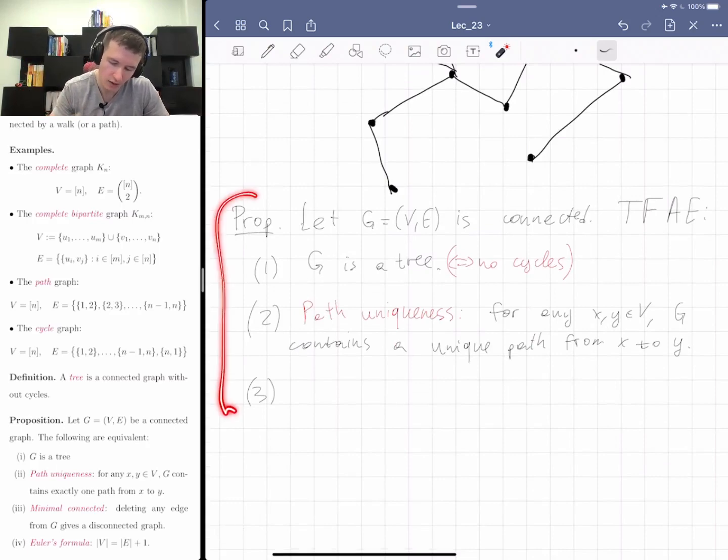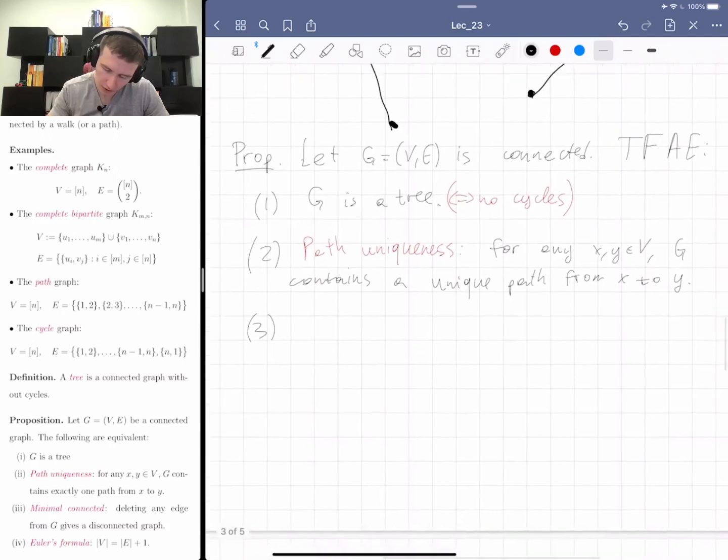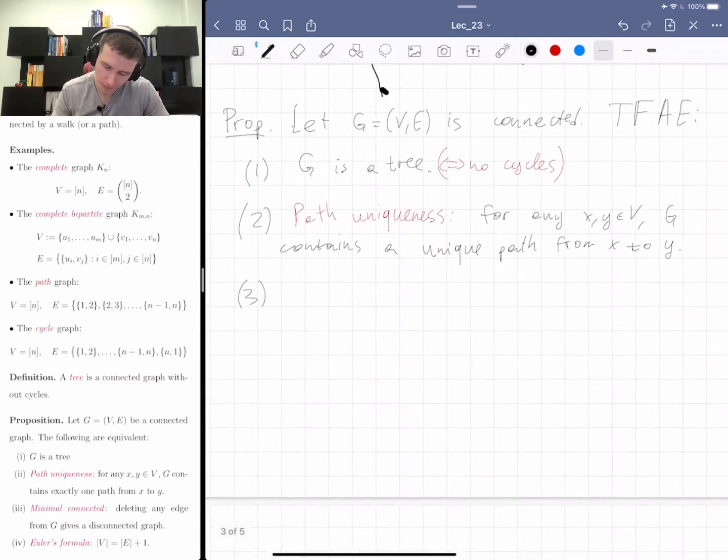Anyway, the proof of this is not exactly trivial, but I'm not going to give the proof, because I'm assuming you have already seen this before. So the other condition is minimal connected,